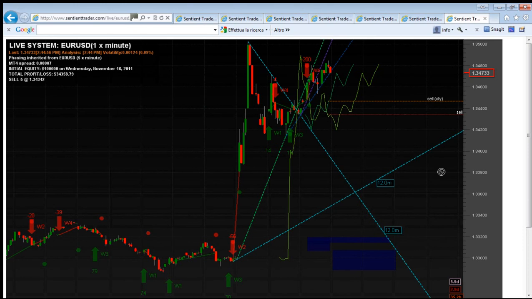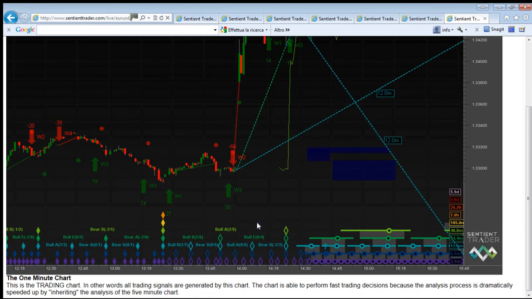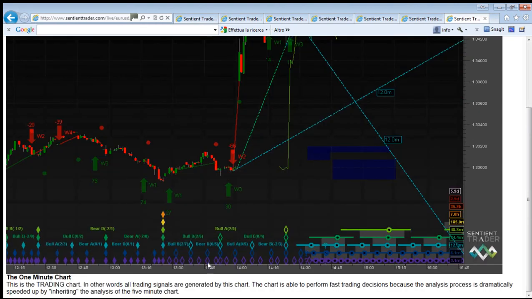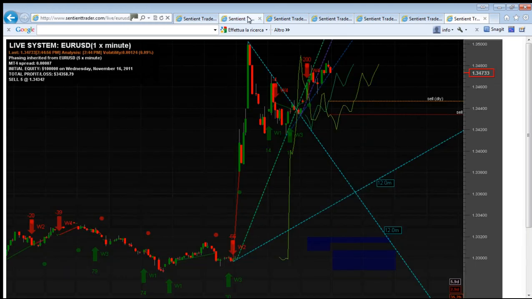And I see there's some breaking news. The central bank is lowering the rate on swaps, so markets are surging worldwide, which brings me to an interesting point about the live analysis system. And that is that the live analysis system, we don't usually define what are called no trade zones. But if you're